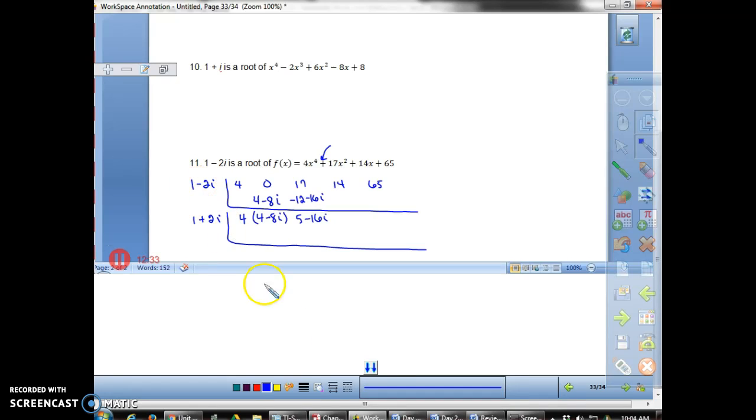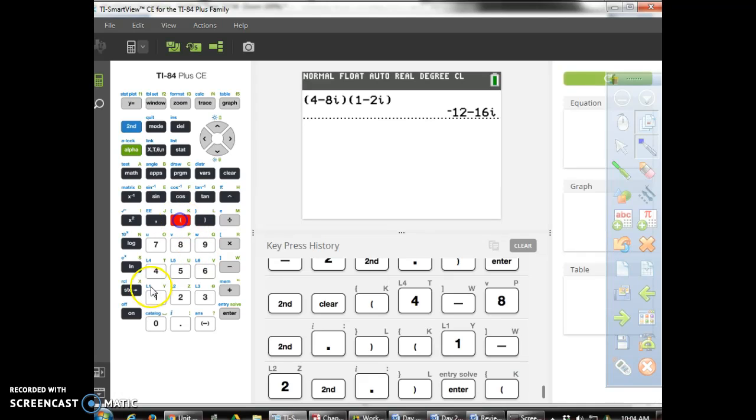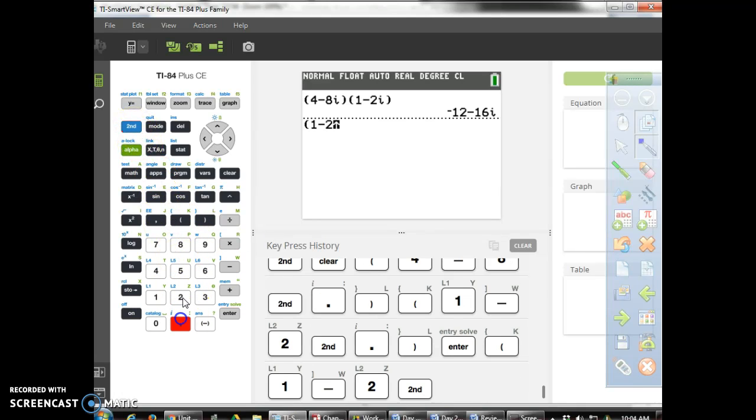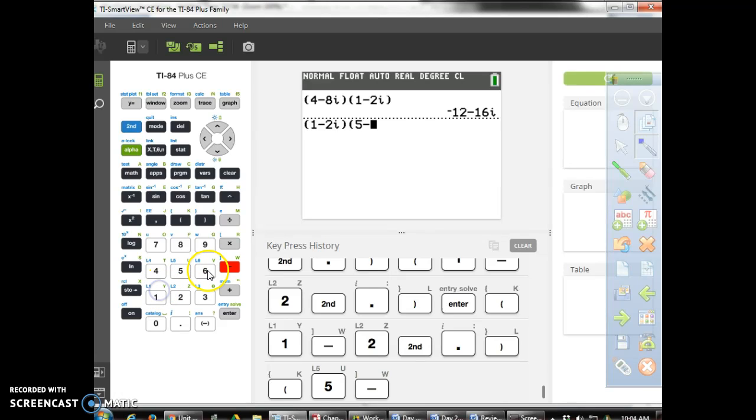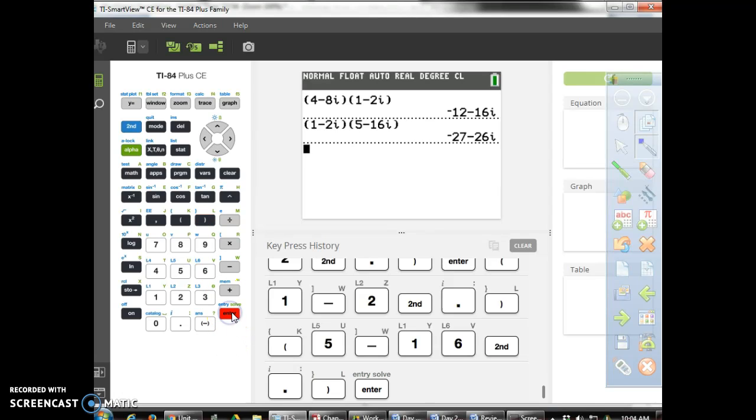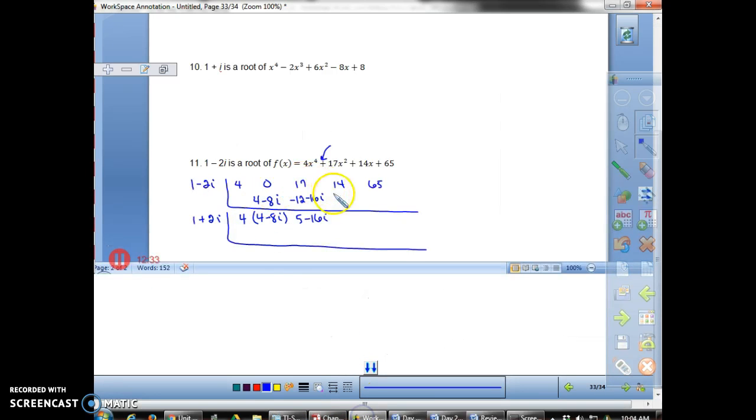Now multiplying this times this. So 1 minus 2i times 5 minus 16i. And I'm hoping this gets a little bit smaller at this point. I have no idea. Oh, it didn't. Negative 27 minus 26i. Okay, and here I'm adding these two values. I'm going to be adding those together because there's nothing to add to the negative 26. So I get a